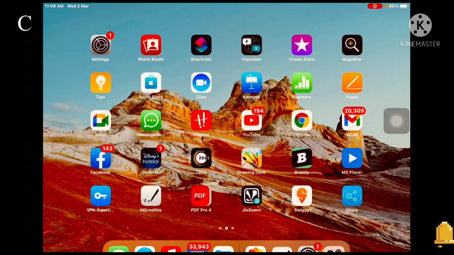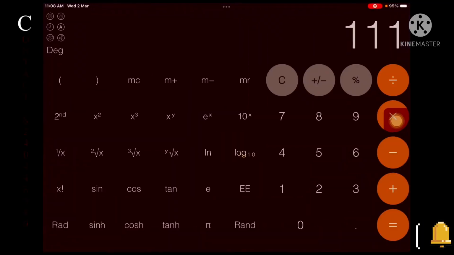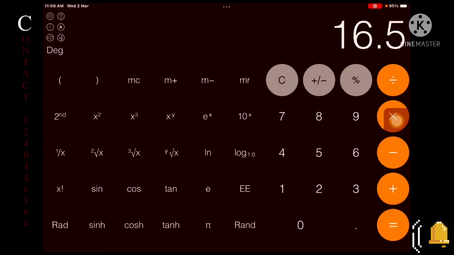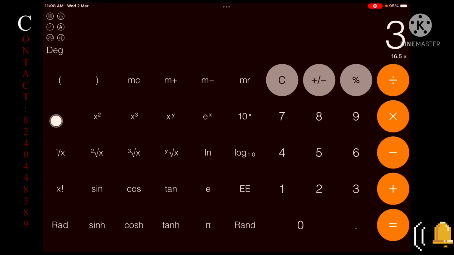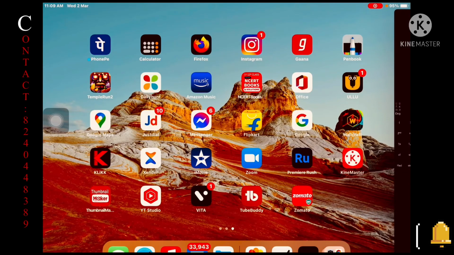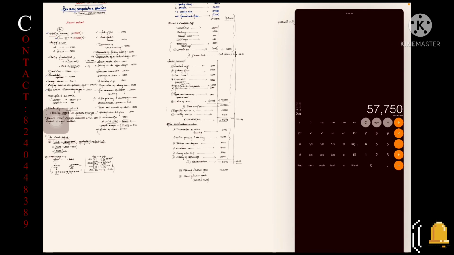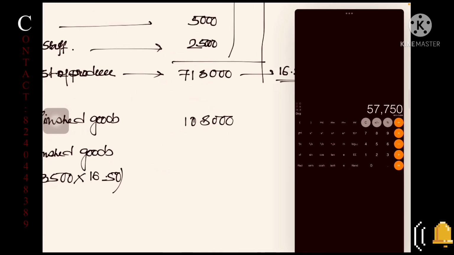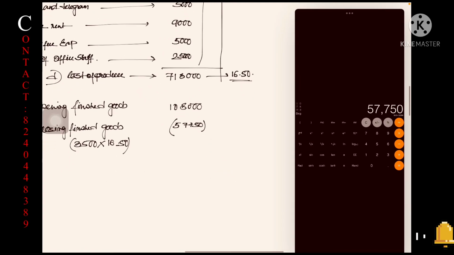So if you multiply 16.50 into 3,500, it will come 57,750. But you have to deduct it. You have to deduct it. So it will be 7,18,000